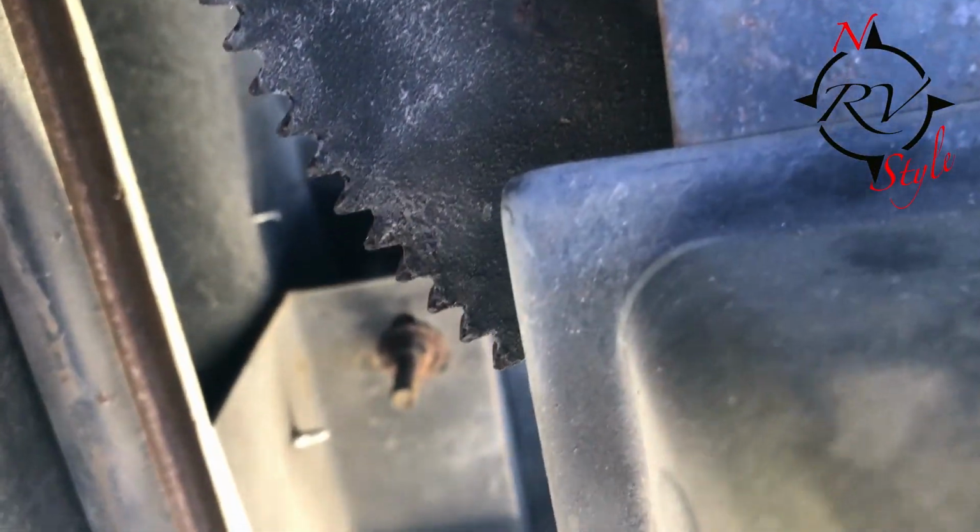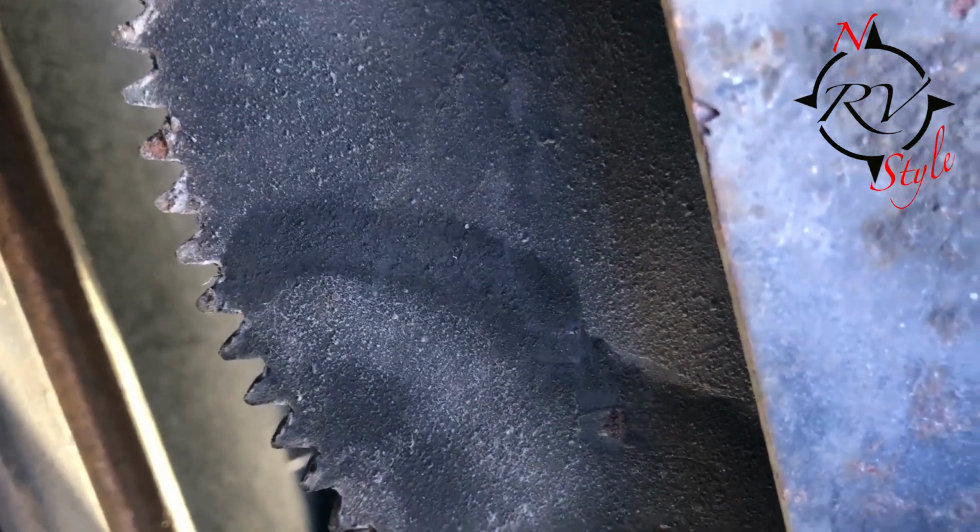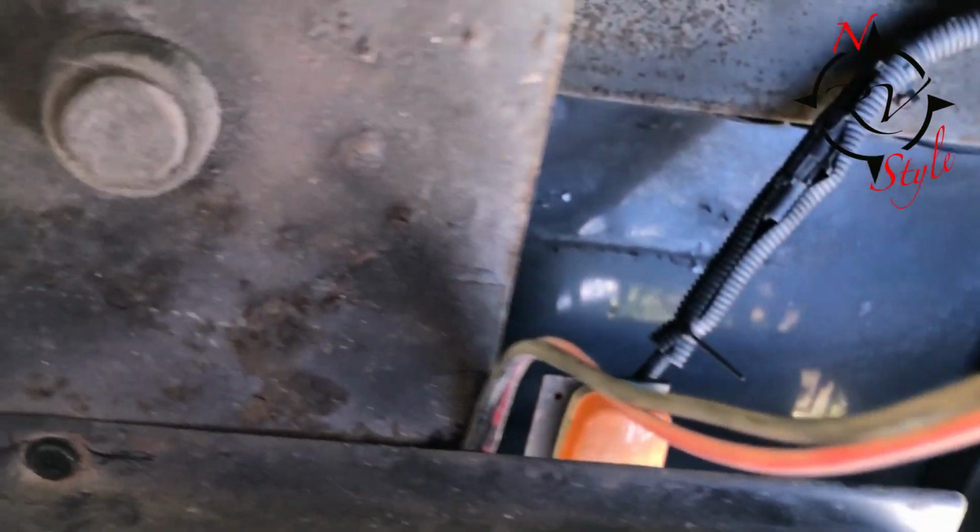Okay, so this is the cover over the retraction mechanism, and you can see the gear here, the gear teeth. This is the cam the steps ride on when they're coming in and going out. So I've got to take this cover off here so that I can get to the mechanism and see why